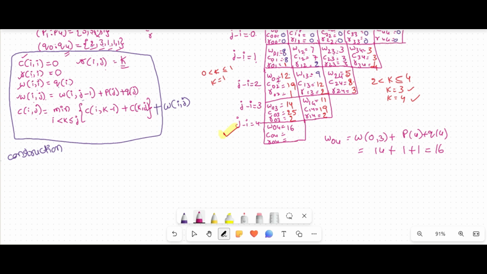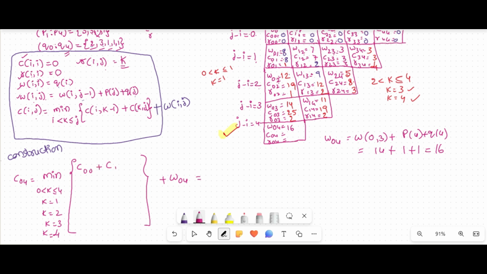Okay, next C04, how to calculate C04? Now see, here I will write the C04 equal to minimum of 0 less than k less than or equal to 4. That means k equal to 1, k equal to 2, k equal to 3. See, 4 possible values you are getting. That's why I said that I will calculate W04. Okay. So now see, C of I value 0, k value 1 I am writing 0 plus C